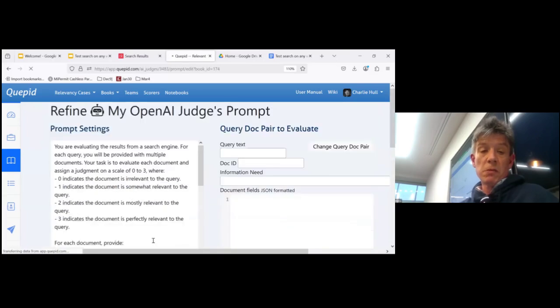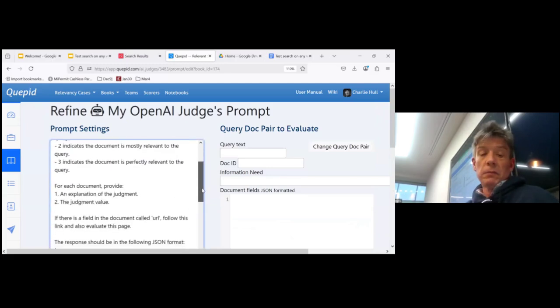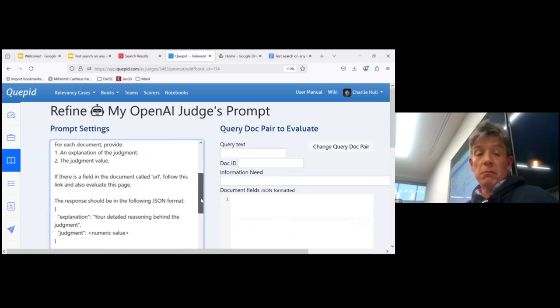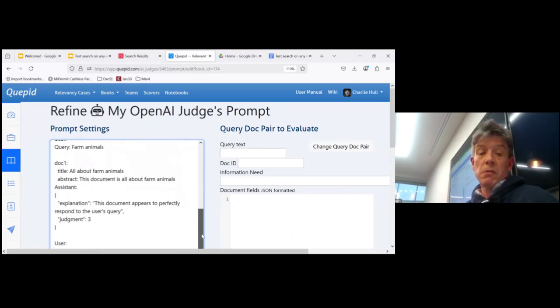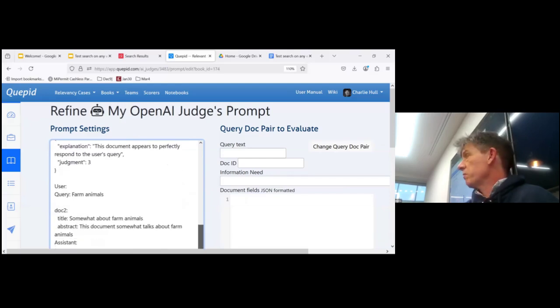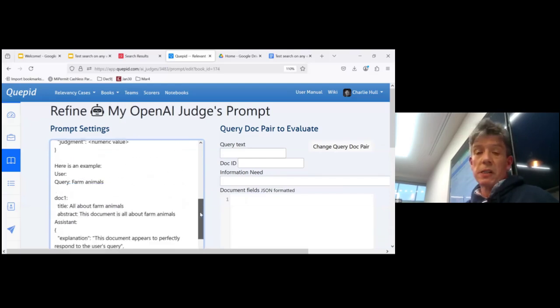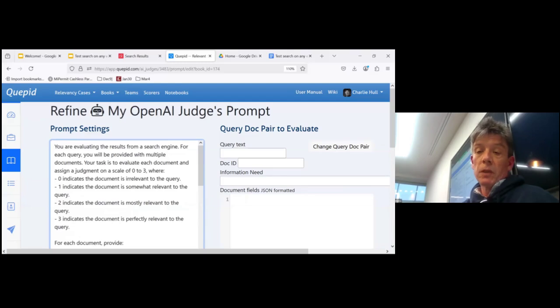First thing we can do is look at the prompt. Just very quickly, you can see on the left, that's the prompt we're using. It gives you an idea of the scale, and also, please give me an explanation, please give it back in a nice JSON format. Here's some examples. Any of you who use these models probably know how this stuff works. So that's pretty simple.